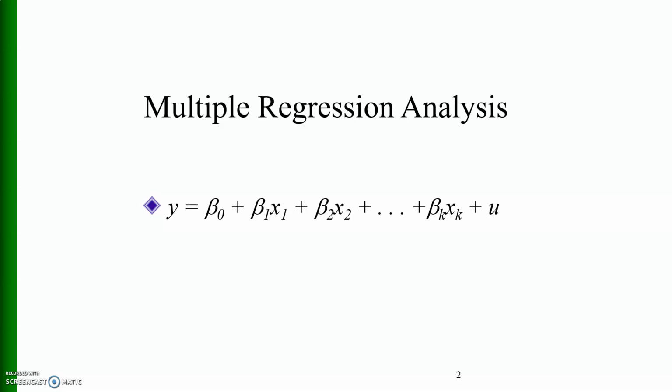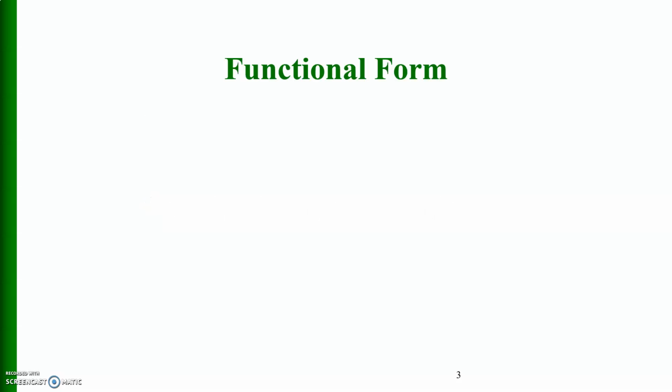And for that we may use either economic theory, or we may use our own knowledge. We may also get guidance from literature review, or we can use our own intuition. So starting with this, we may omit some of the important variables in the model. If we omit important variables, then our results are not reliable. So today we are going to test if we have omitted important variables or not.